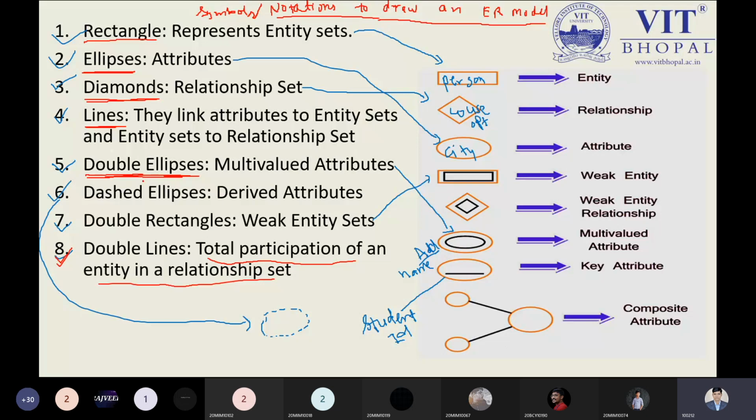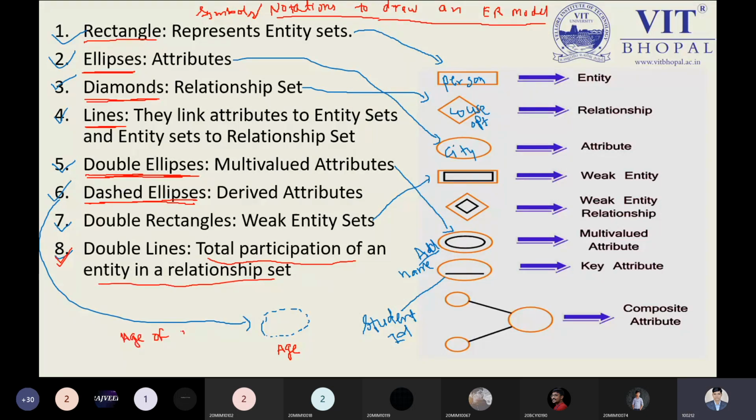I have already drawn the dashed attribute over here. This dashed attribute is also known as the derived attribute. How can you say this is a derived attribute? It's a very simple concept. Suppose I'm representing my attribute symbol, that is a dashed ellipse, and I'm saying this is the derived attribute. Why? Because you are required to keep in mind that the age of a person